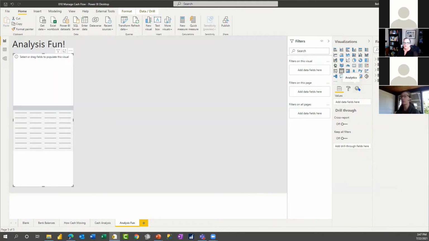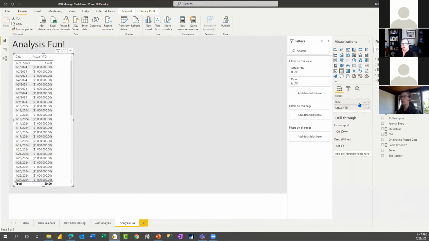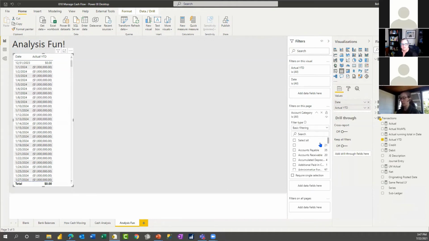So I'm going to do this by general ledger date. So I'm going to grab the date from the calendar and put it in the values. And then from my transaction list, I'm going to come in and get the actual year to dates. Now, I need to put in, we have unit accounts. That's why we don't have 0 here. But when I come into accounts and I distinguish that this is just for cash,